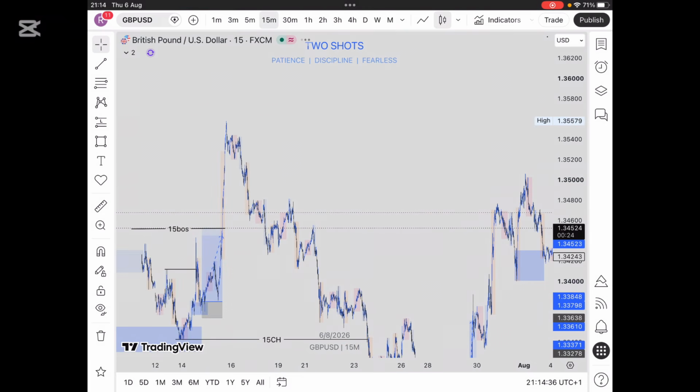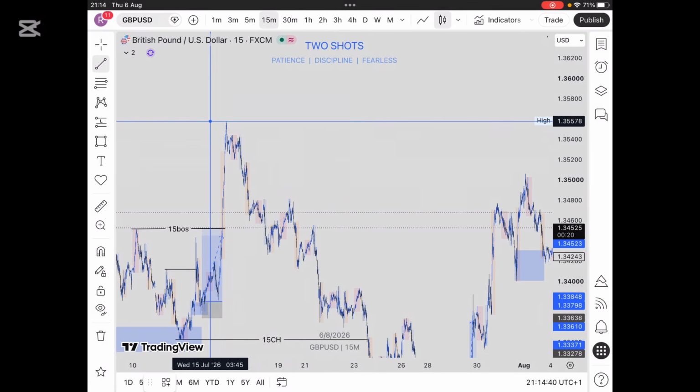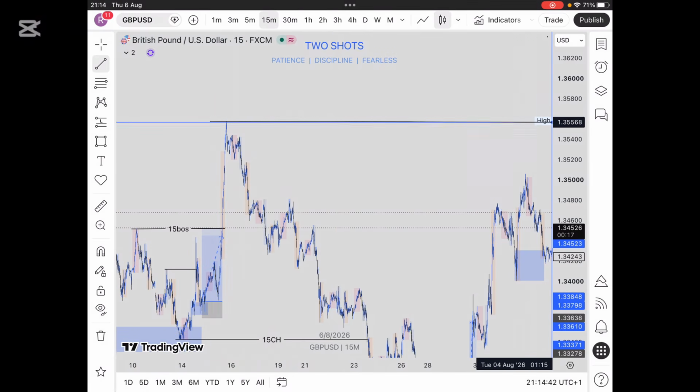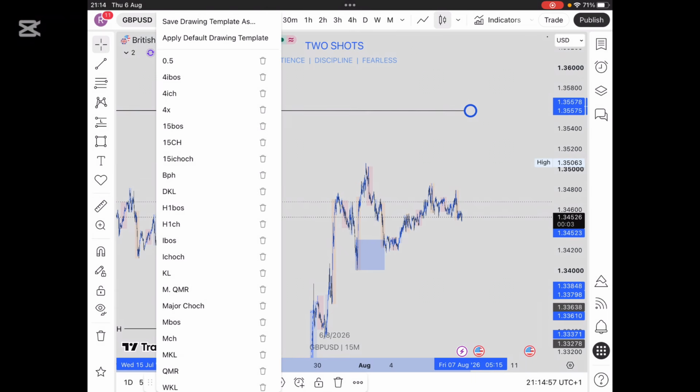Come on, it's for price to buy all the way up here and take out this high. That was our expectation. We are expecting price to come back and take out this high because we have been bullish all along, even though we know very well that we are in